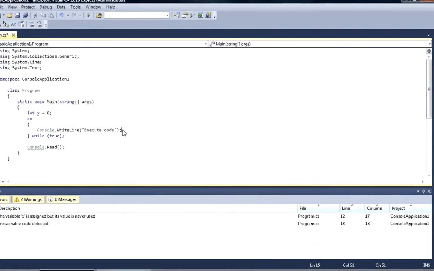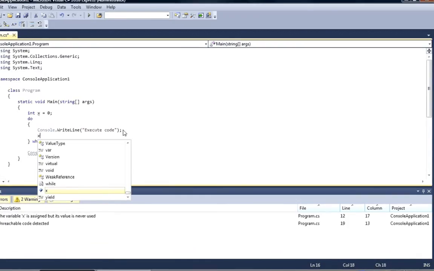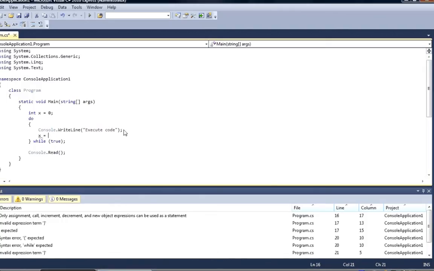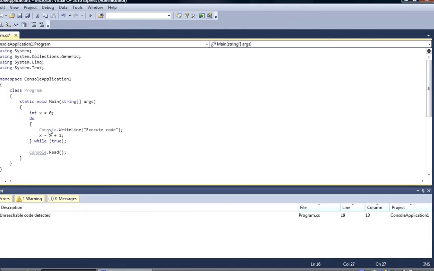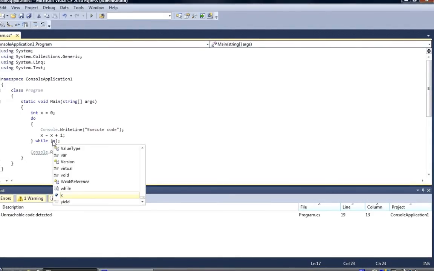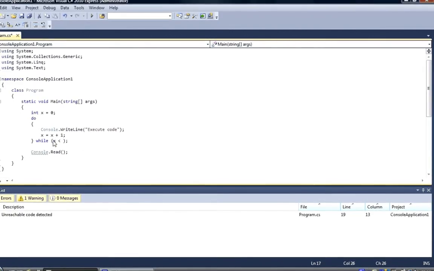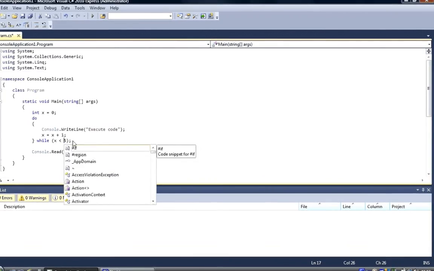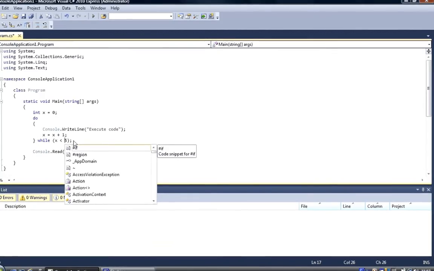So x is going to go 1, 2, 3, 4, 5, 6. And then we're going to add a condition, x is less than 5. What this means is that we're going to loop 5 times, and then the while condition is going to become false and it's going to exit the loop. So there are 5 times. So it's the same as a while loop, but, and I'll change this, I'll put this to 10 just to show you that this while condition stops the loop